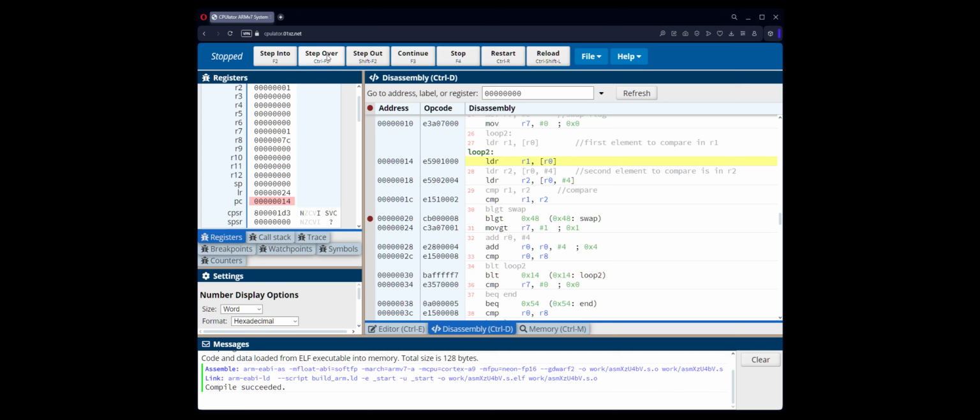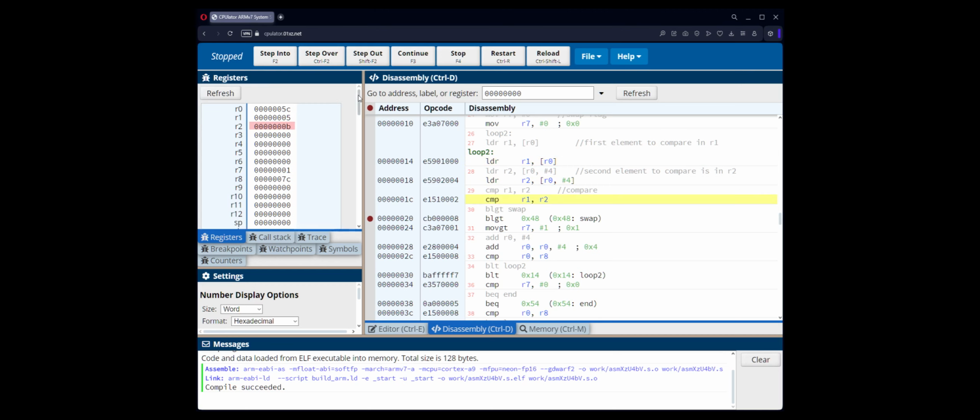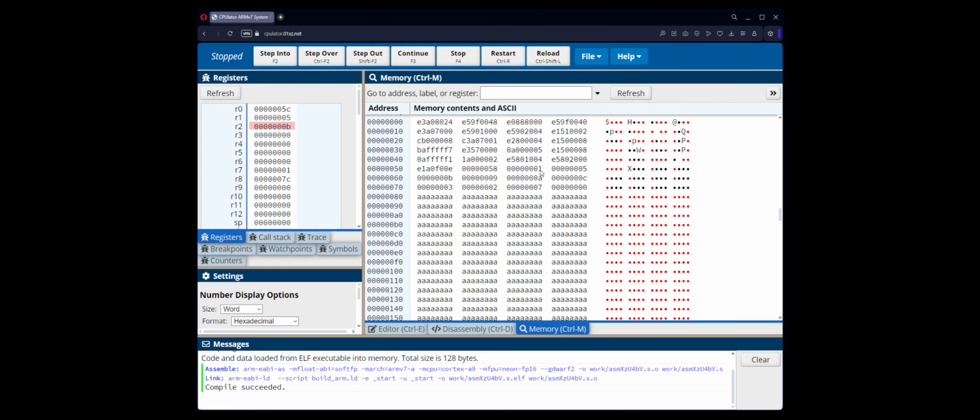So again, I'm pointing to the first element, or in this case, the first element is actually the second element because I just added 4 to R0. So now R0 is actually pointing to the second element in the array. So I'm going to step over it and then grab the next one. Now, if you notice, 5 is now the first element. The pointer was pointing to this location that had 5, and this location had 1. Then after we did the swap,